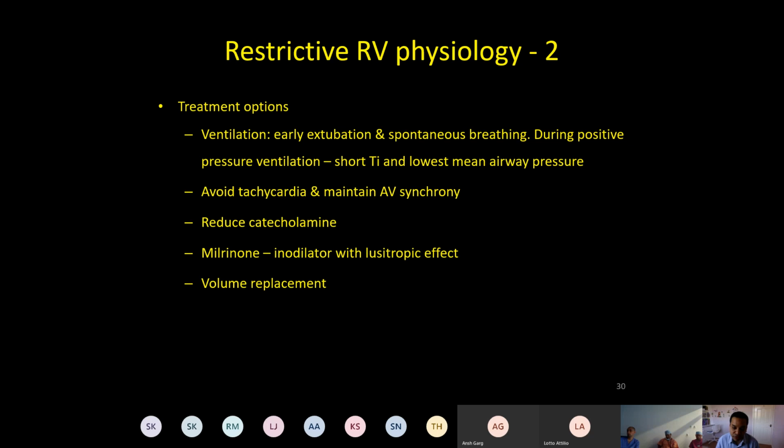In a neonate, it could be vasopressin, which may be better because the PVR effect is a bit less. But for that one, I would rather get an echo done, making sure that the contractility is good and that it's not the cardiac contractility which is affecting my cardiac output. If the function is good, then